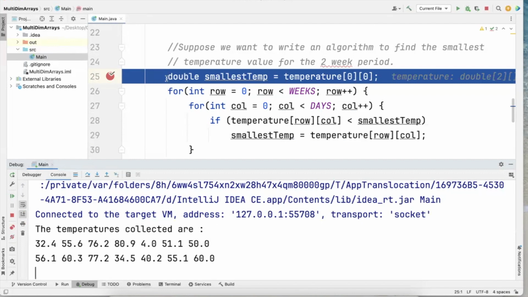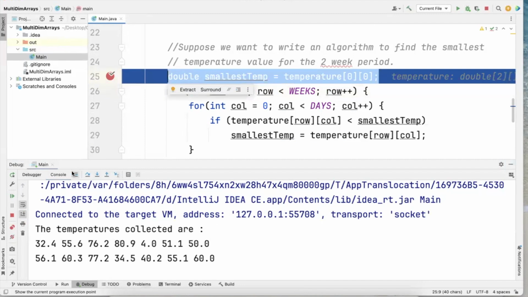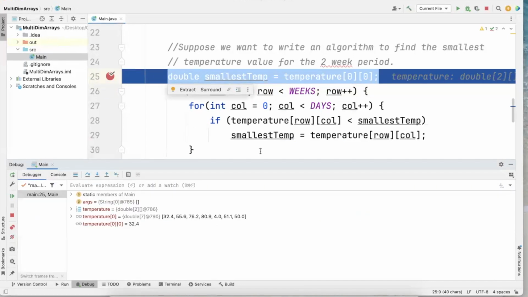And now we've reached line 25 and we're about to execute that. The computer always highlights the line that it's about to execute, so it hasn't quite done that yet. Getting ready to set the smallest temp value equal to the temperature array at position 0, 0. You can see the contents of the temperature array here. It's only going to show us one row at a time. So it's showing us the top row, the ones in row 0 are up here,